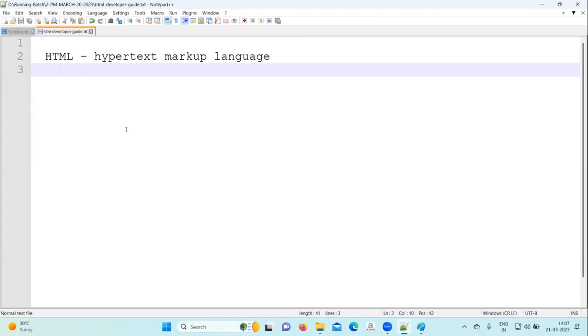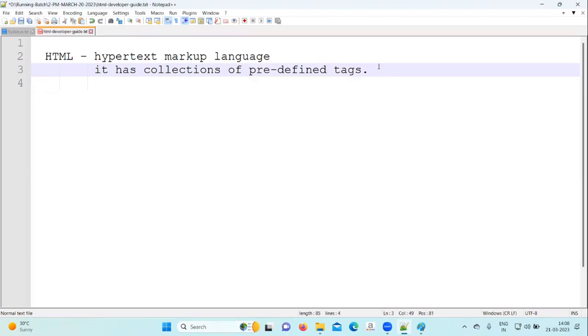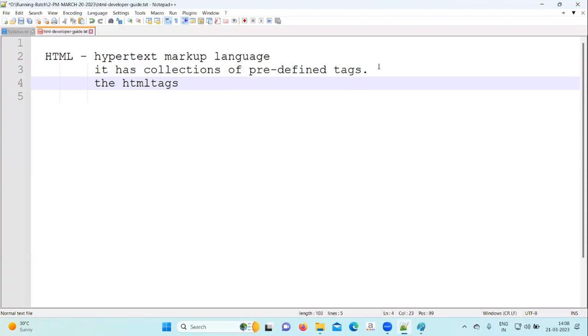So we can write here: it has collections of predefined HTML tags. It has predefined tags we can write. It's already HTML. It has a predefined collection of tags. Next, we can write the HTML tags. The HTML tags used to create the basic structure of web page. HTML tags used to create the basic structure of